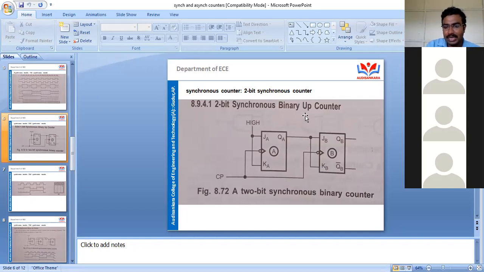Okay. So either you can design a binary up counter or down counter like the previous thing. If you want to up count, take a connection from QA. If you want to down count, you take a connection from QA bar. Okay, that is the only thing you should do for up counting and down counting.